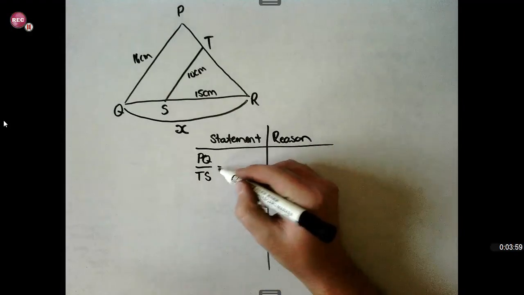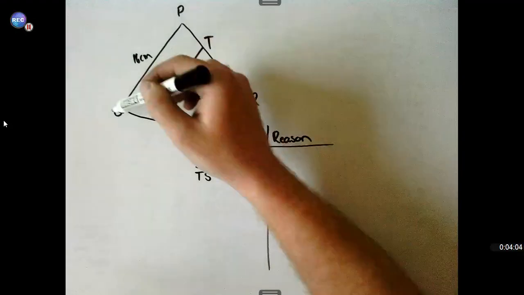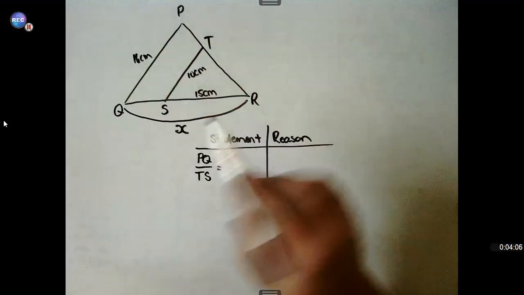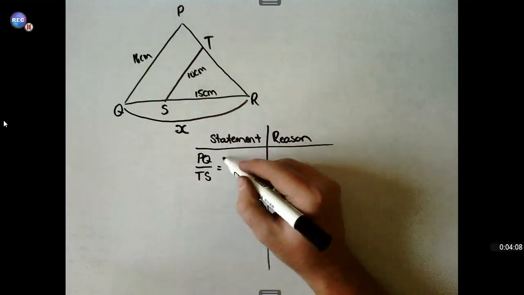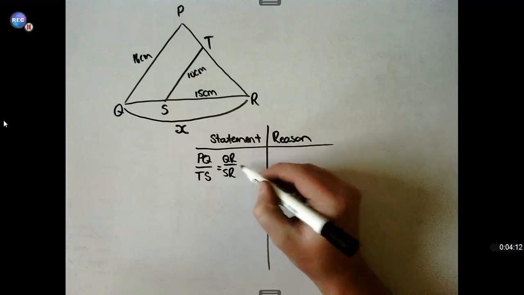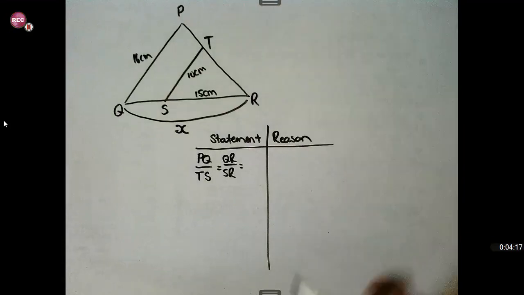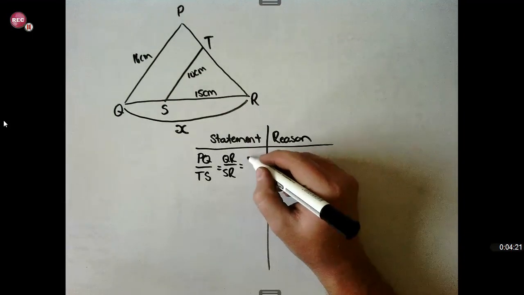Then the corresponding side for QR, which is over here, would be SR. So we're basically putting the big triangle over the small triangle. And then finally, PR and TR should be corresponding sides as well. So PR